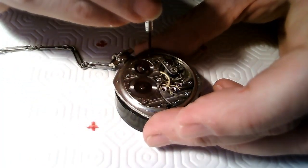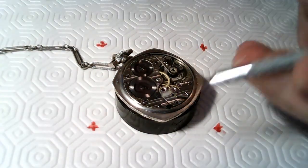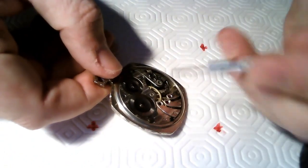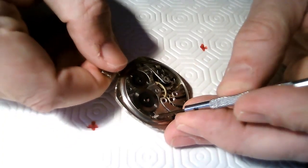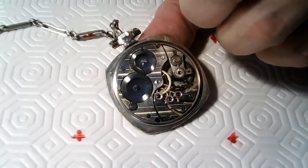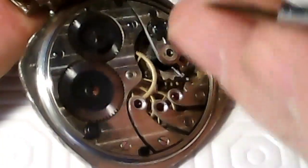Now, I could put this on a square movement holder, but I don't think I need to. Actually, I should let this thing down first, take the pressure off of it. You can do this with a toothpick, because sometimes when you use a screwdriver, it might scratch the movement, but in this case I'm going to zoom in and just show you how I let this thing down. So I'll zoom in here, and then put a little bit of pressure on the winding stem, like that,